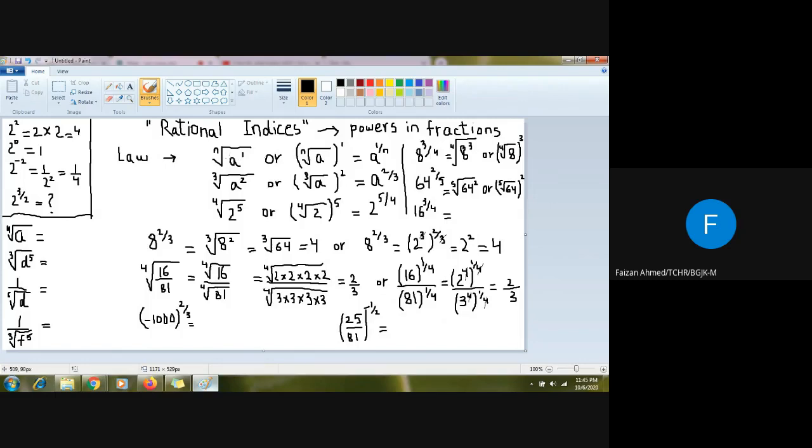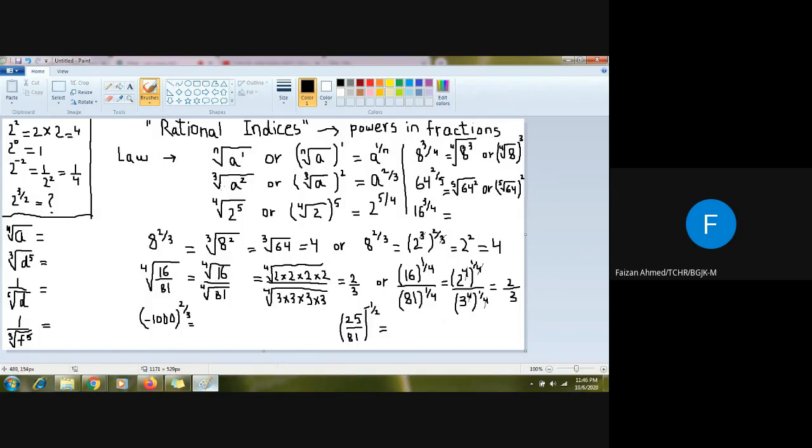The law says that whenever there is a radical sign in the question, you can convert this radical sign into power. How can you convert that into power? You have to write the base, the number which is inside the radical sign, as a. You have to write this power in the numerator, and you have to write the root index in the denominator. So you can convert this radical sign into power by using this law. For example, this is the nth root, and there is a inside, and there is a whole power 1. So I can write a, and the power will come in the numerator,